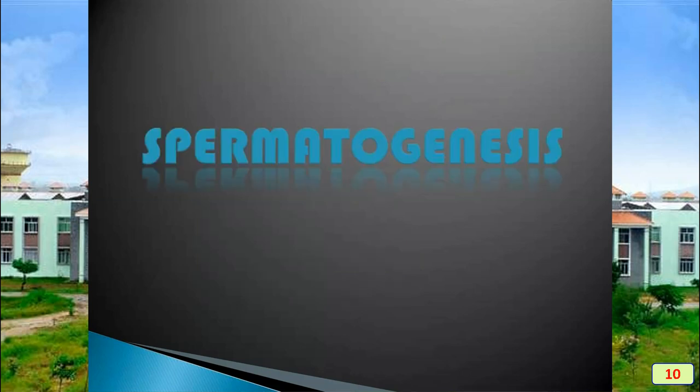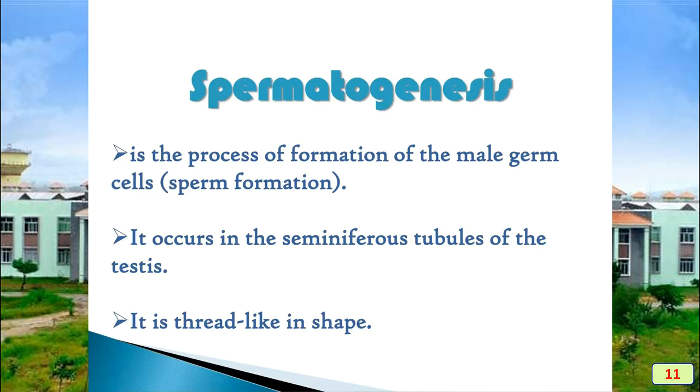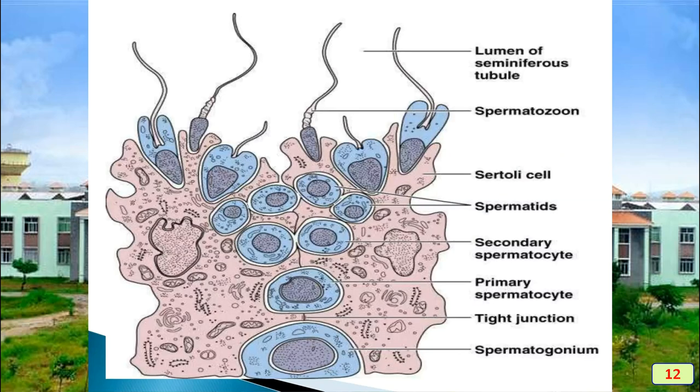Spermatogenesis is the process in which male germ cells, the sperm, are formed. It occurs in the seminiferous tubules of the testes, and the sperm is thread-like in shape. So this is the process in which gametogenesis of